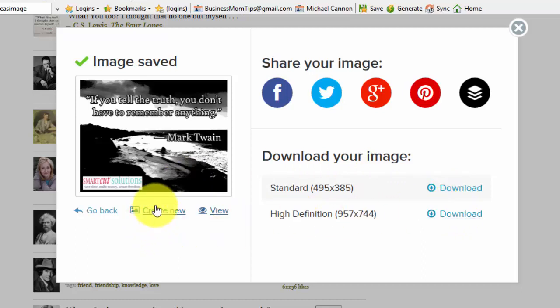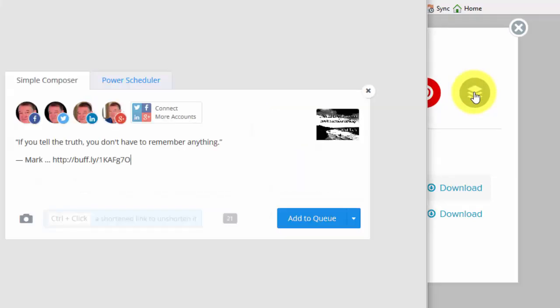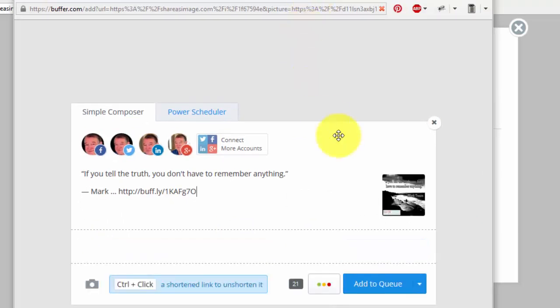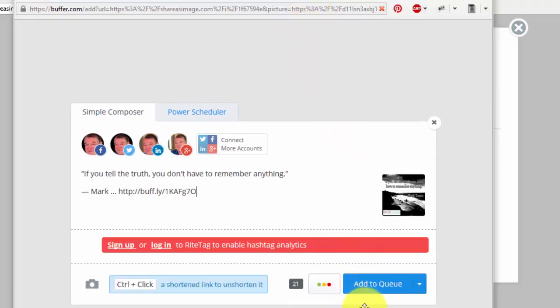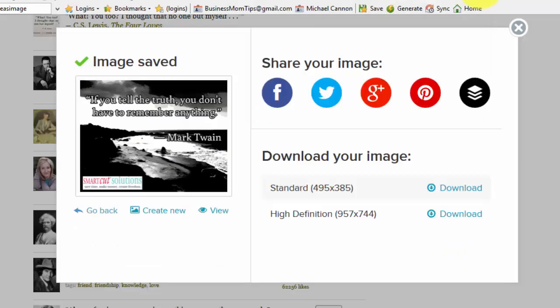You can create a new one, you can go back and start all over, you can share it individually on specific services, or you can just add it to Buffer, which is what I normally do, because Buffer will allow you to send this to multiple services at once, so you don't have to worry about it. You click here, click on the Add to Queue button, it adds it, and depending upon what schedule you've set, this will automatically post it to Buffer, so you don't have to worry about it. You can then download this